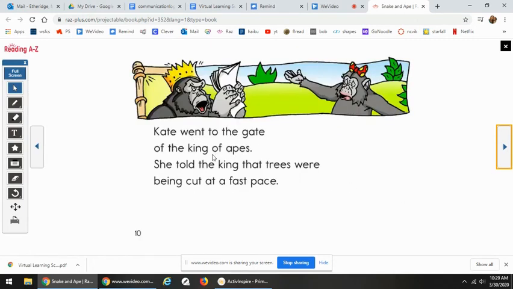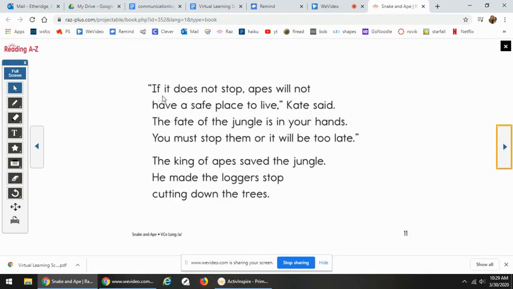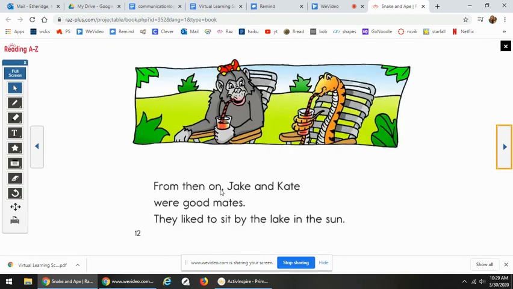Kate went to the gate of the king of the apes. She told the king that trees were being cut at a fast pace. "If it does not stop, apes will not have a safe place to live," Kate said. "The fate of the jungle is in your hands. You must stop them or it will be too late." The king of the apes saved the jungle. He made the loggers stop cutting down the trees. From then on, Jake and Kate were good mates. They liked to sit by the lake in the sun,